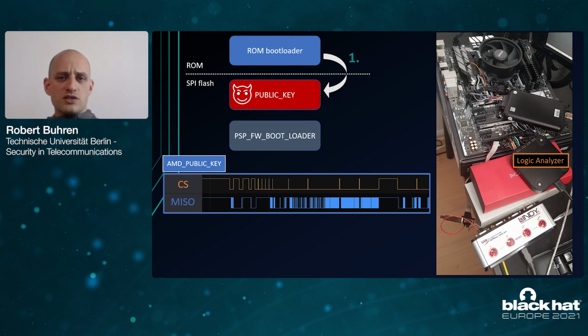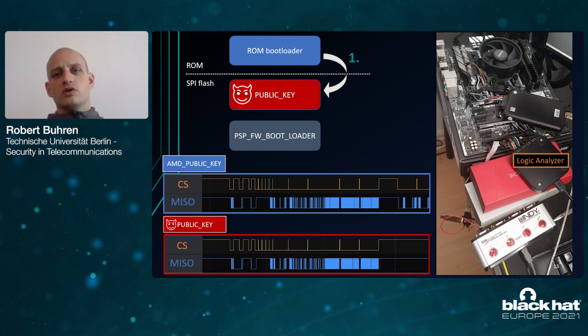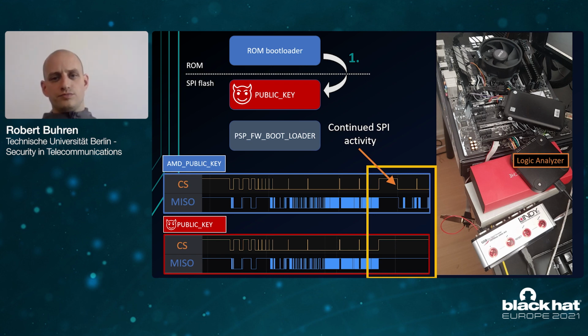Now, we replaced this AMD public key with our own public key on the SPI flash, and then recorded the same point in time during the ROM bootloader's execution. And this is the trace that you see there, the red part. As you can easily see, it looks the same for both attempts, except for in the end. So in the case of the original AMD public key, you see here that there's continued SPI activity, whereas in the case of our own public key, you see that there is no more SPI activity at this